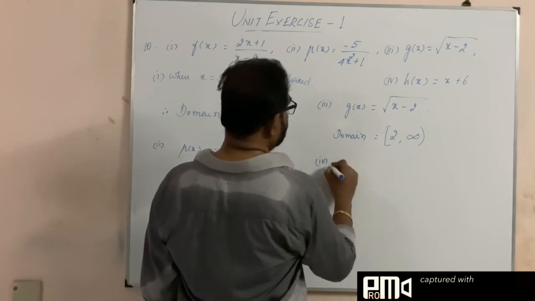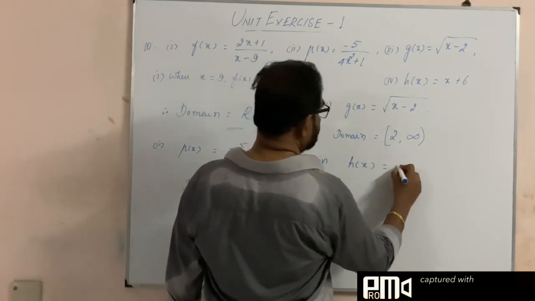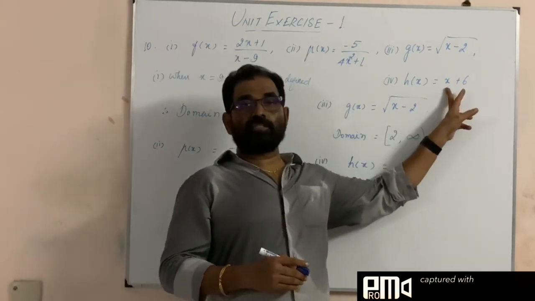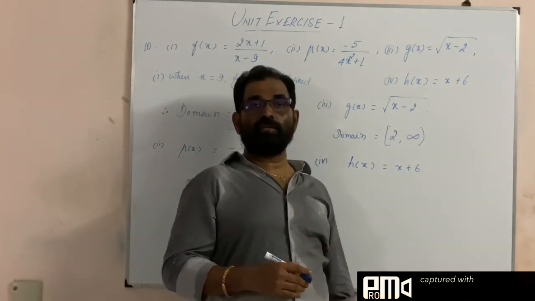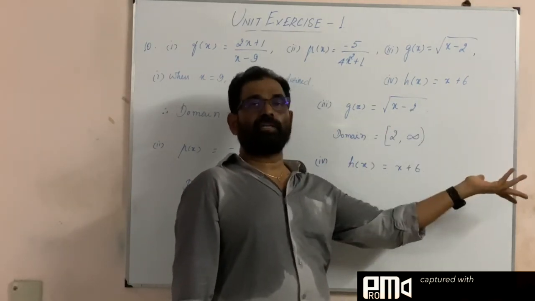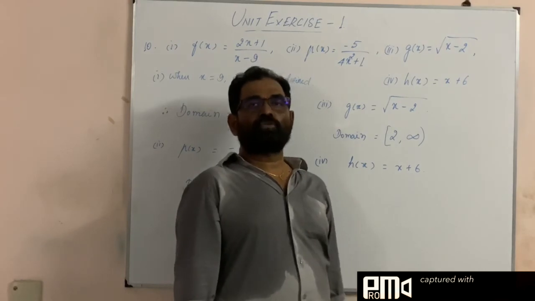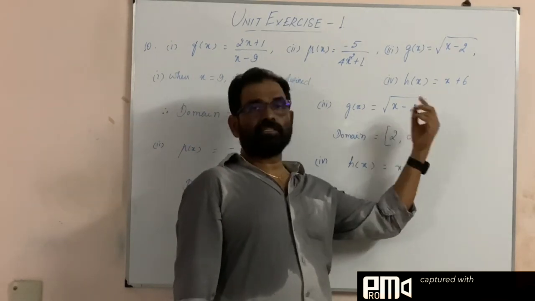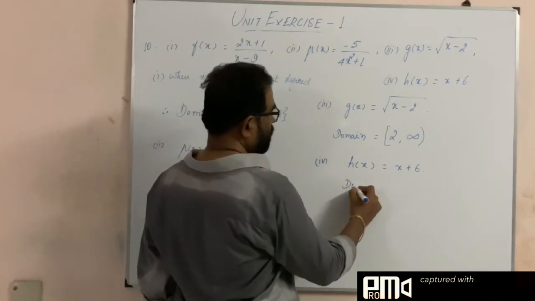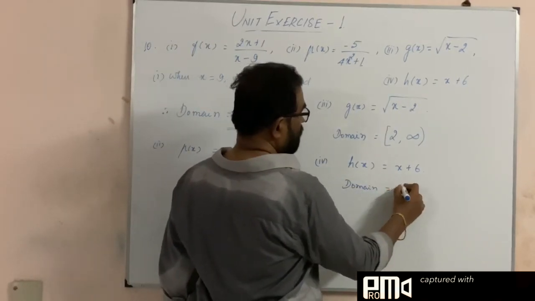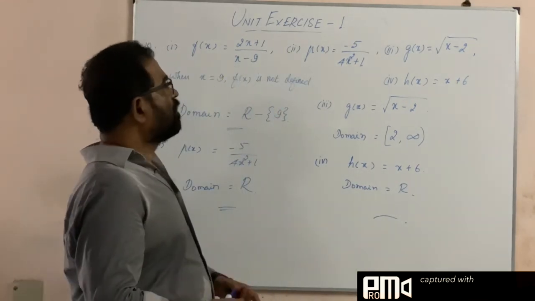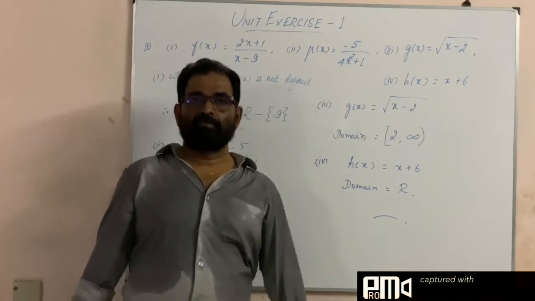Fourth one. For all the values of x, this expression exists. You put x equal to 1, 1 + 6, you get another value, 7. You cannot make this infinity or not defined. No denominator is there. So whatever you give for x, that expression exists. So here also the domain is the set of all real numbers. Any real number you can give for x. So, domain. Thank you.